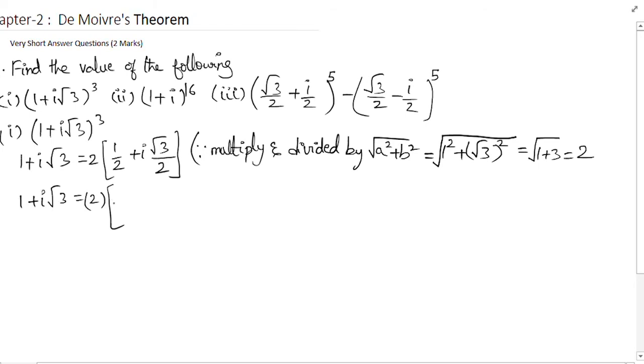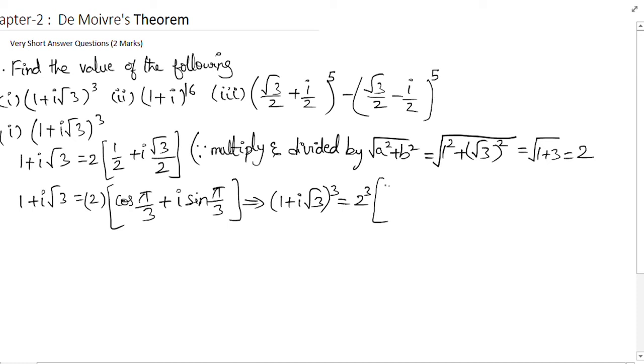Now 1 plus i root 3 can be written as 2 into (1 by 2, I will write it as cos pi by 3, plus i root 3 by 2, I will write it as sin pi by 3). Okay,